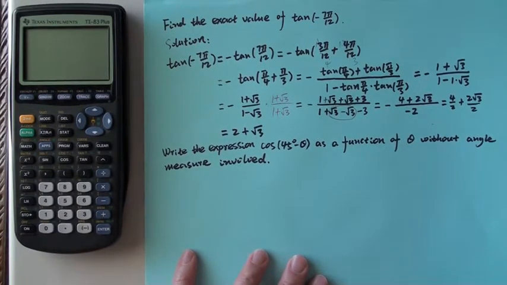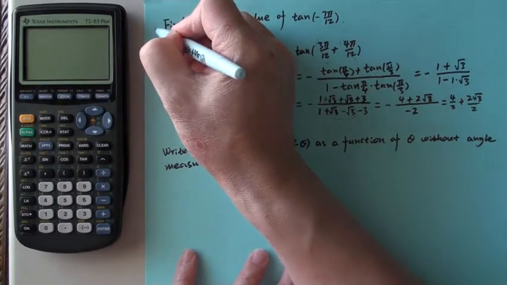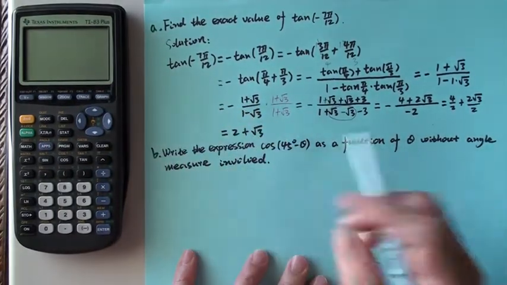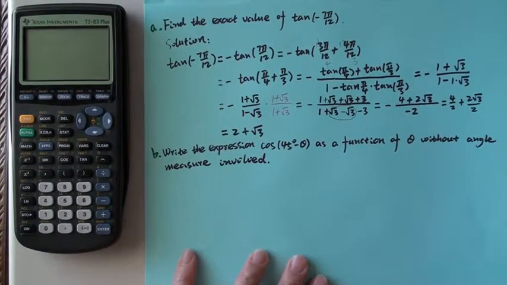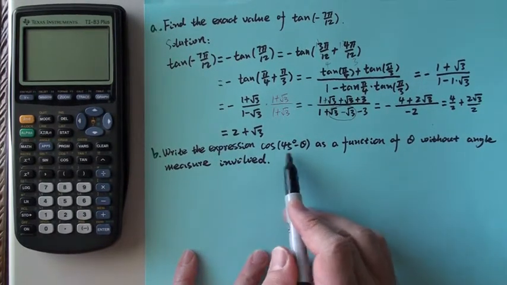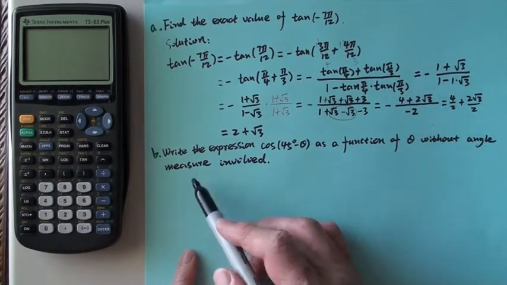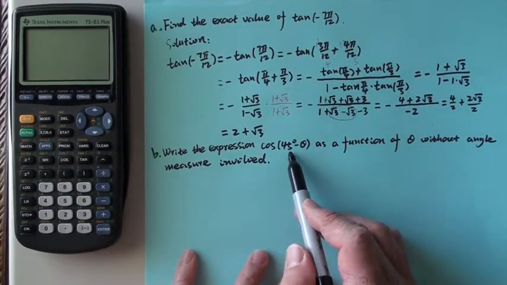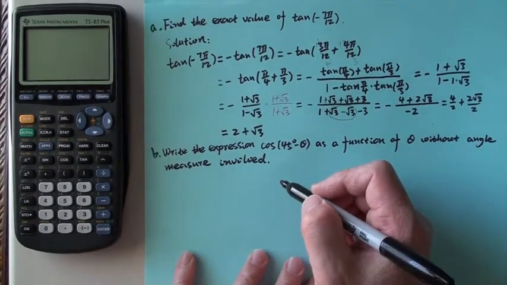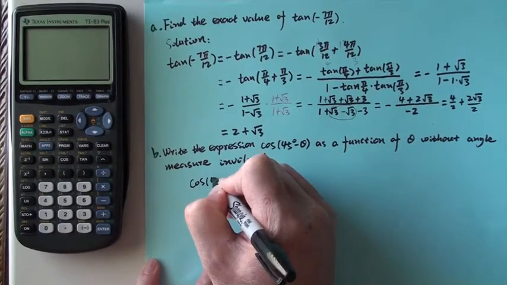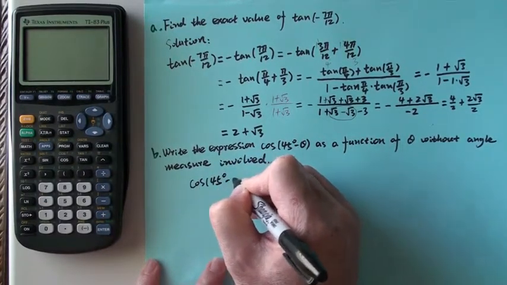The second one, this is the second example. The second question is to write this expression as a function of theta without the angle measure involved, without 45. So we have cosine 45 degrees minus cosine,